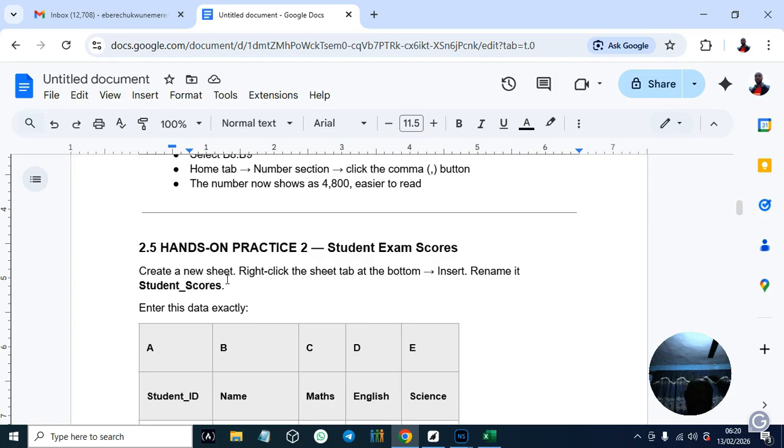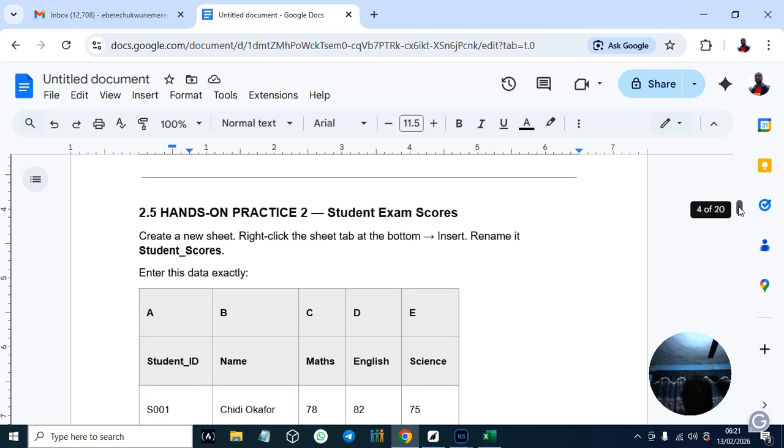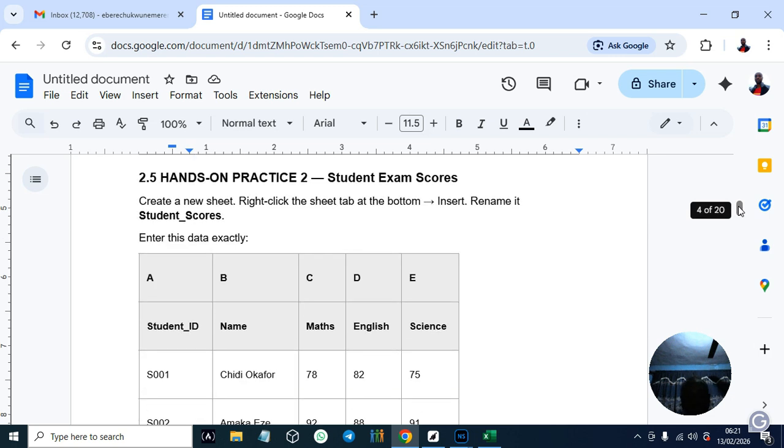Now this is a hands-on practical, the second hands-on practical, you will do it yourself. Although I've already calculated it here, just follow the steps, and if you do everything I did, you will get the same thing I got. So you just start it, create a new sheet.